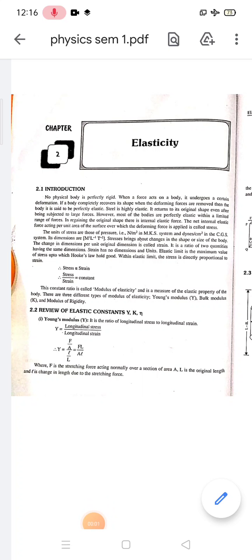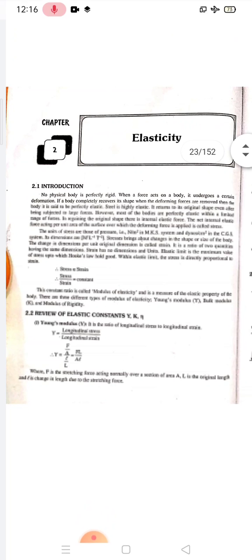Good morning, friends. Today we are going to discuss the next chapter of Unit 1 of Physics 1, Paper 1: Elasticity. As you are aware, you already studied this in the 12th, that is, elasticity. When we have to study this particular property,